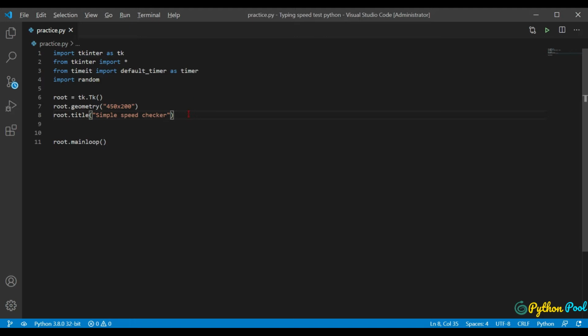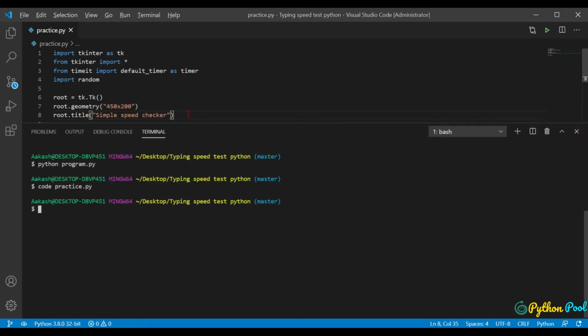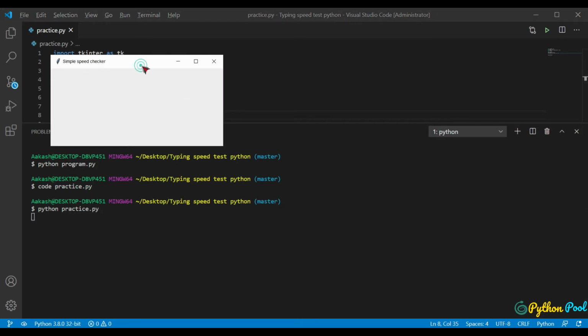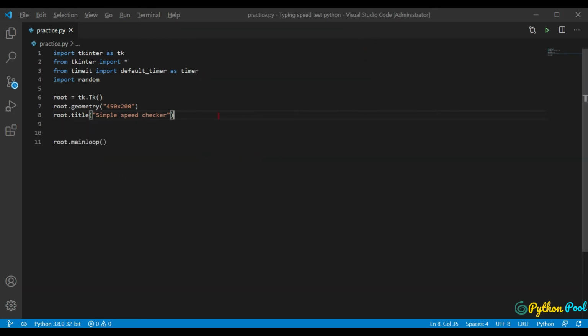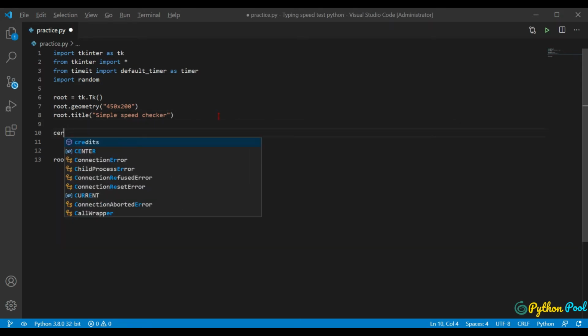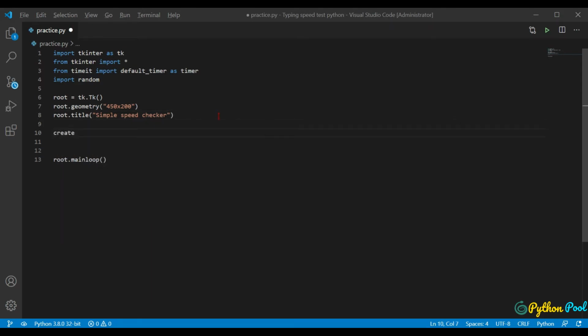Okay, so our GUI window, let's see how our GUI window looks. Let's run python practice.py. Okay, so this would be our GUI window. All our front-end stuff will reside in this window. One more thing, today I'm not going to use the grid function for our front-end stuff. We'll be using the place function. We'll see something new. So let's see how we use the place function to place our widgets inside this window. And as usual, we'll use a create widget function to create our widgets, front-end stuff.